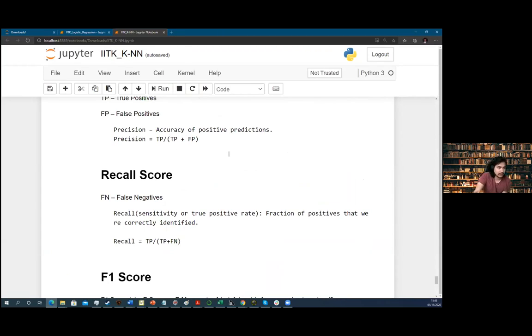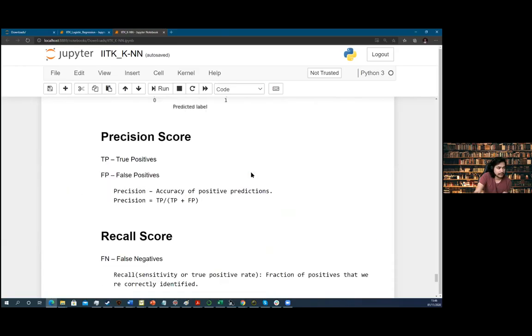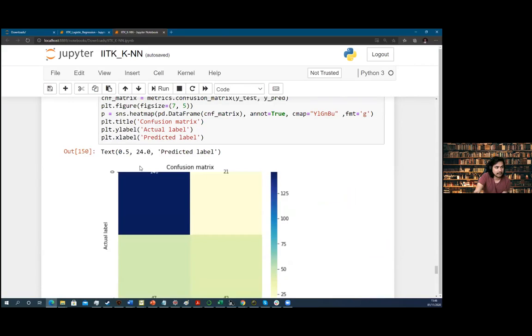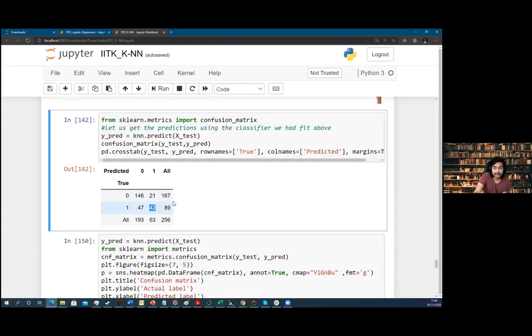So the precision of the model will be this value divided by this value plus this value. We will calculate it from here: 146 divided by 146 plus 21, which will be 146 divided by 167.